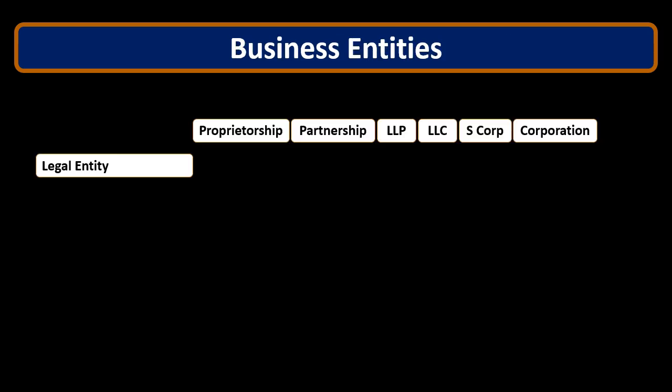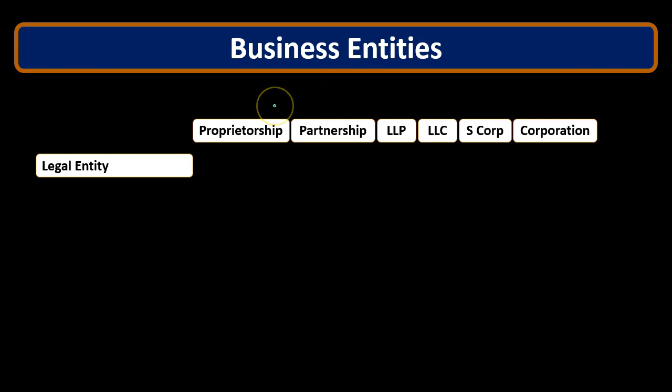Here's just a brief recap of the types of business entities and some characteristics of them. We won't go into a lot of detail, but we need to note that there are these different entities, and they can be really confusing when we first start thinking about how we're going to organize our business. And it's very important to pick the right entity when we organize our business. But there are a lot of similarities as well. So there are similarities and differences in the different types of organizations.